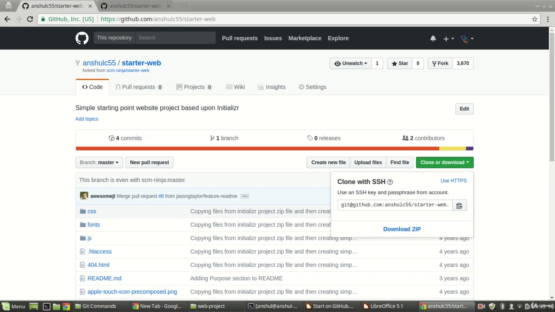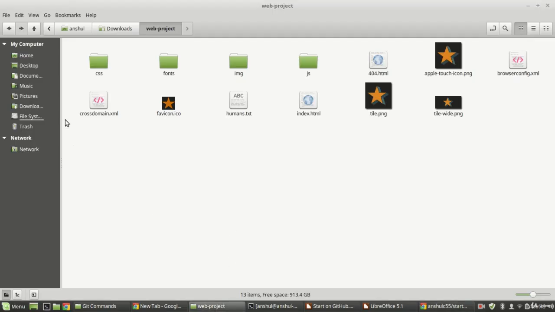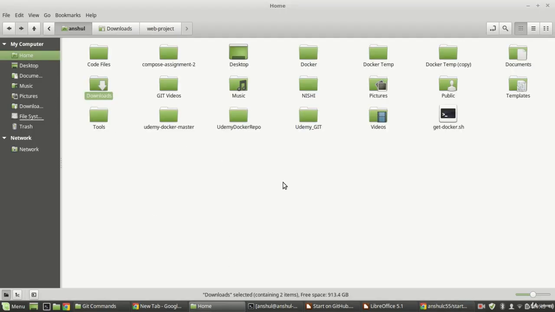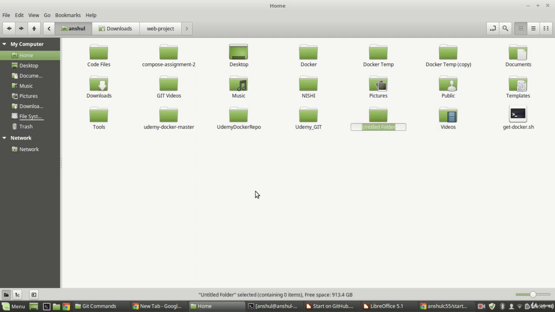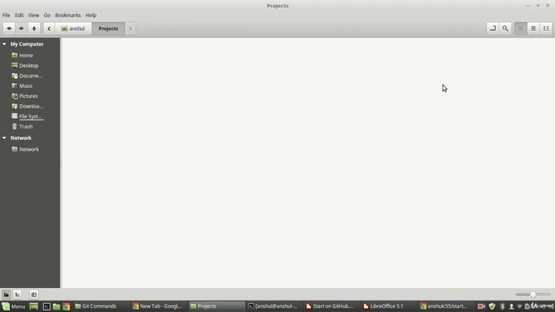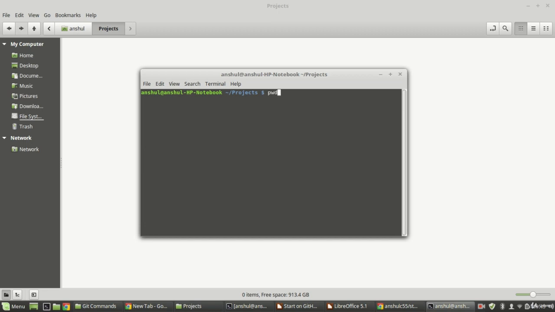Okay. Now I go to my local machine, and suppose here I will create a new folder for the Git projects, and name it projects. Okay, go to my projects, open my terminal over here. Verify the directory I'm in: home, then my name, then projects. Over here I will execute a command